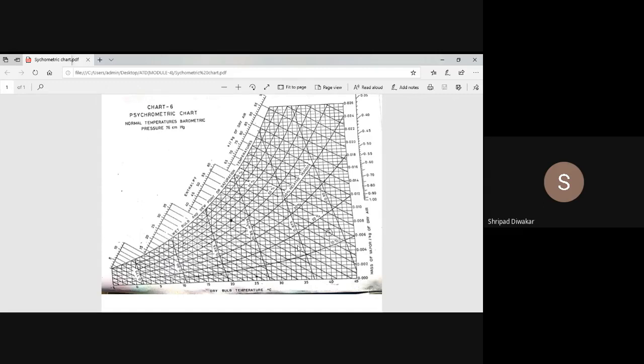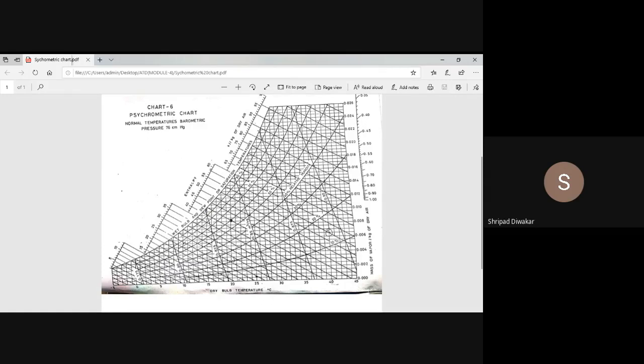One more thing, the last part. First I'll explain how to find the enthalpy. That was about specific volume. The last part is the specific enthalpy. Enthalpy means the heat content of moisture. The example I took is 10 degree WBT. This is 10, and you move in the inclined direction. I took 20 degree, so somewhere you will get the point here.